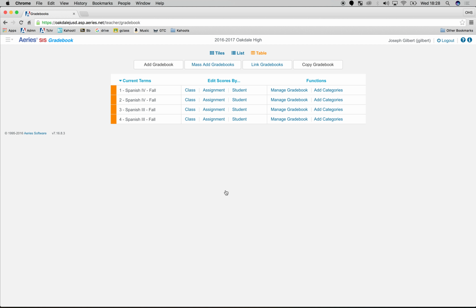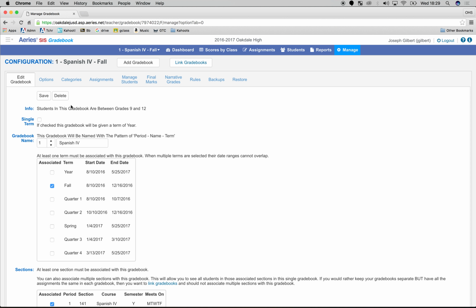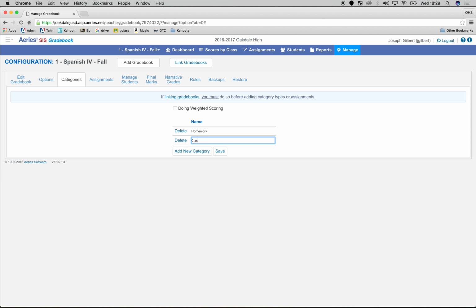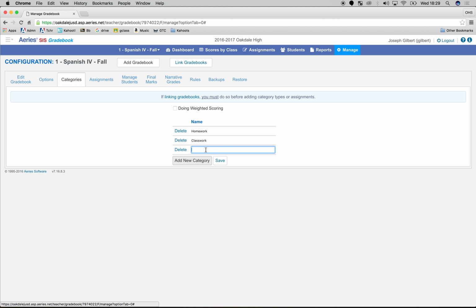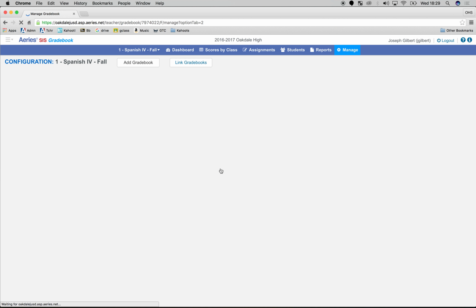Now, what that means is every single change that I make to one gradebook, because they're all linked together, will be applied to every single gradebook I have. So now, for example, since my gradebooks are all linked under group 1, if I go to Spanish 4 for period 1 and click manage gradebook, and if I create categories, for example, for me, I might create homework and classwork and exams and projects. Okay, if I create those categories,